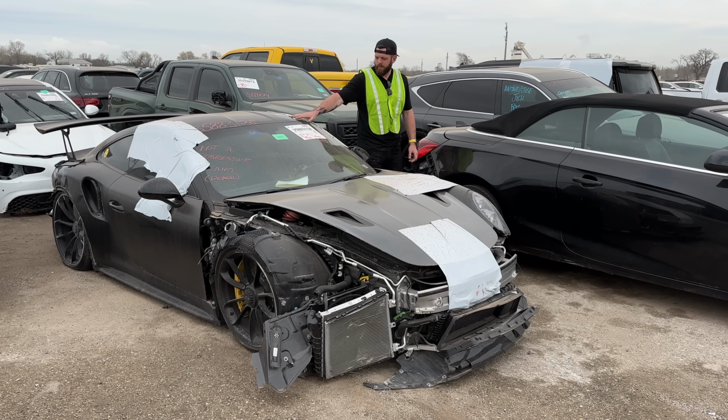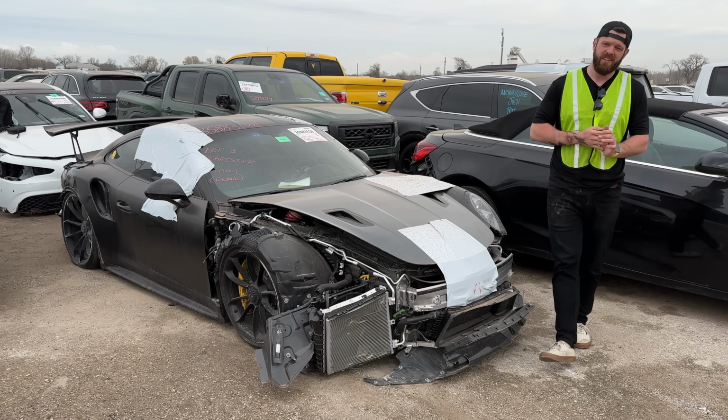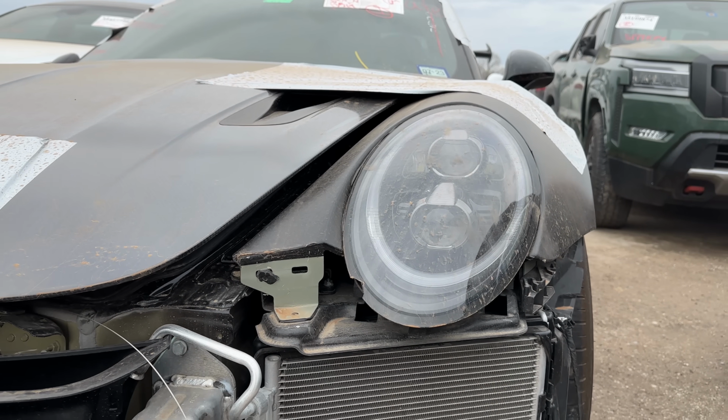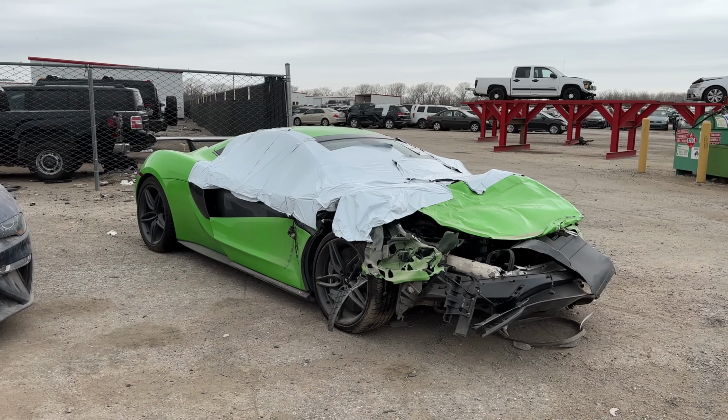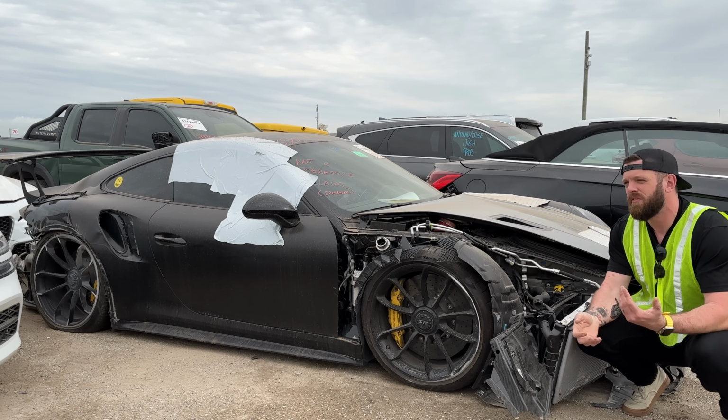The term dream car, it's a funny thing. We all have one, but realizing that dream, that's where things get tough. Some call it a shortcut, others, they call it flat out dumb. But as for me personally, I like my dream cars like this Porsche 911 GT3 RS with just a little